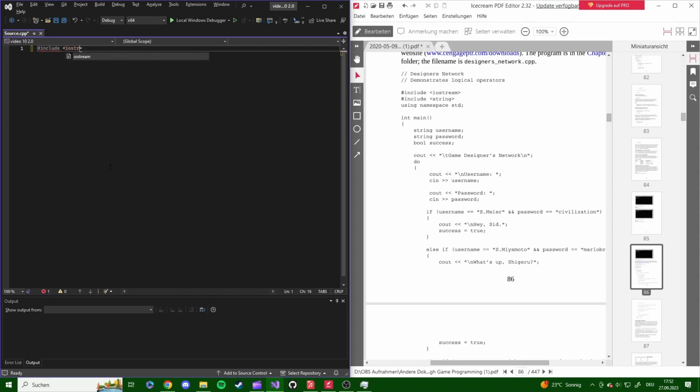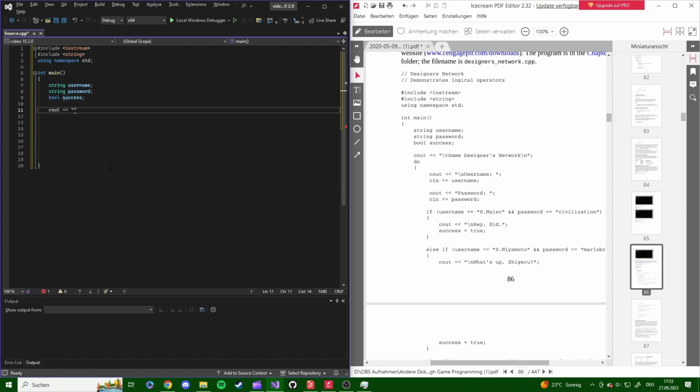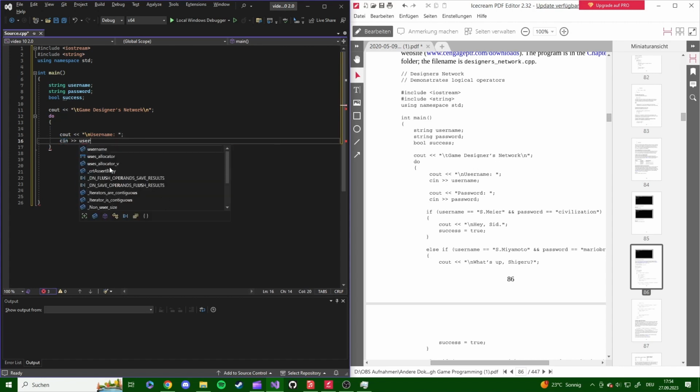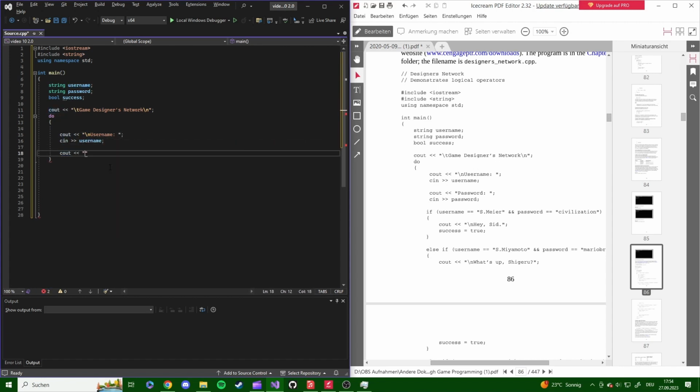And now we continue with logical operators. We first make a little example with it, like a network to log into, and we use strings for the username and password, and then a little bool to say the loop is true. And then we make the part for the login, where you can enter the username and the password with the do loop. And then, as you can see here, for the username, and after that for the password,